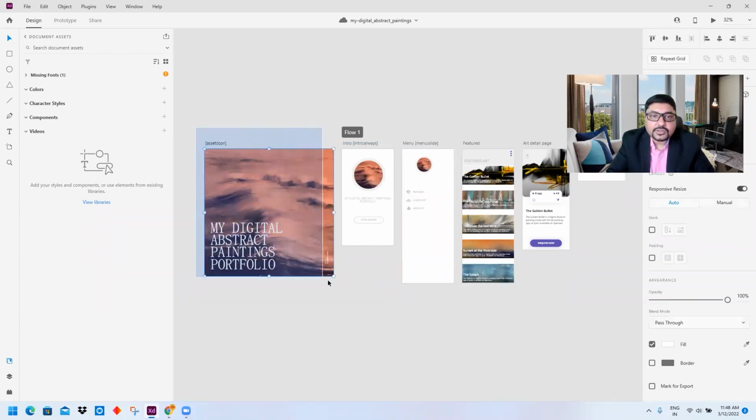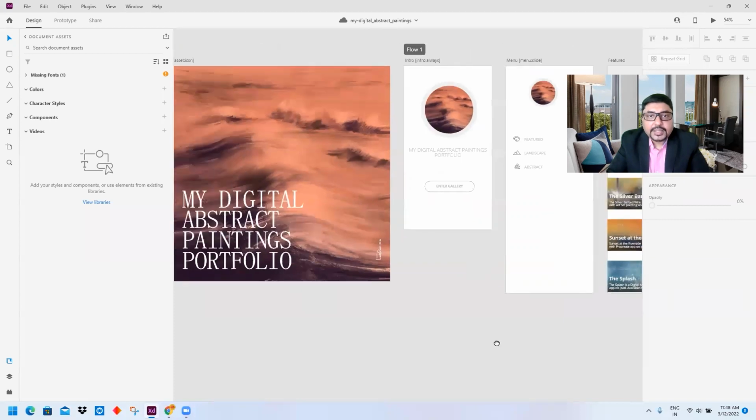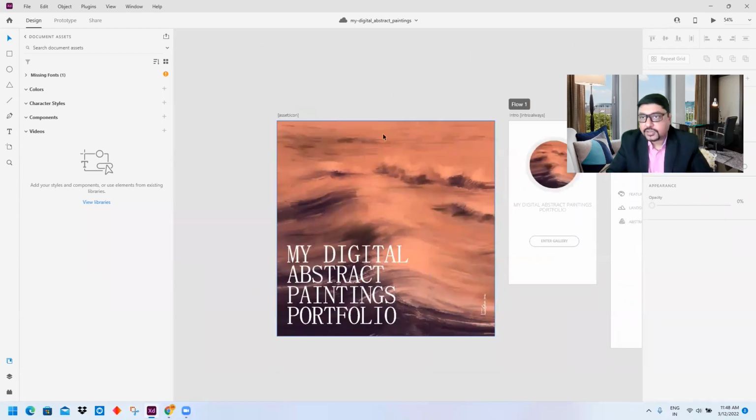So if you see the first one over here, a very big square chunk, which is exactly a 1024 by 1024 size icon. If you see very clearly, it is written over here as asset colon icon.